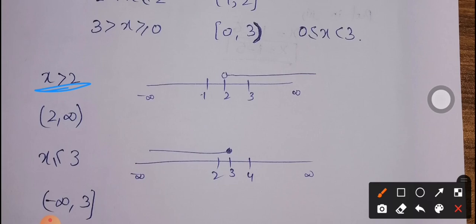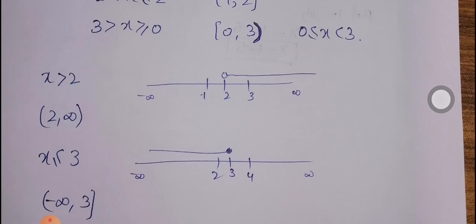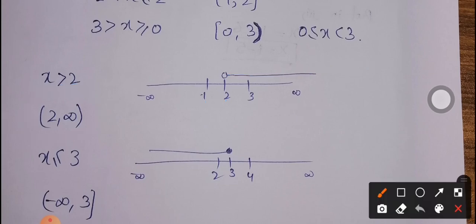So when we have x is greater than 2, come to the real line, where we have 1, 2, 3 and so on. Greater than 2 means all the numbers that are greater than 2. Here you can see 3, 4, 5, 6 and so on, so it is approaching positive infinity. So the interval is going to be 2 to infinity, and as the equality sign is not mentioned over here, we will use an open interval.